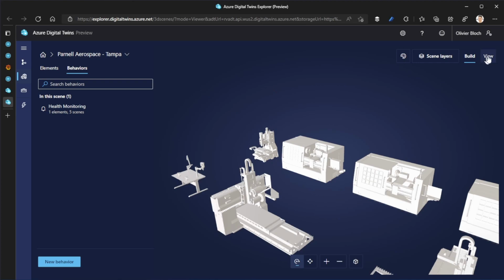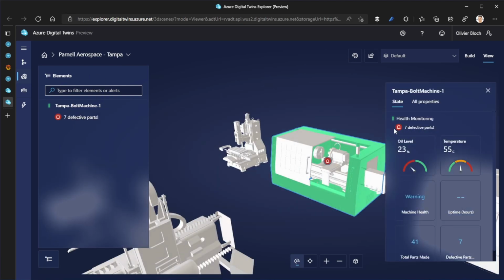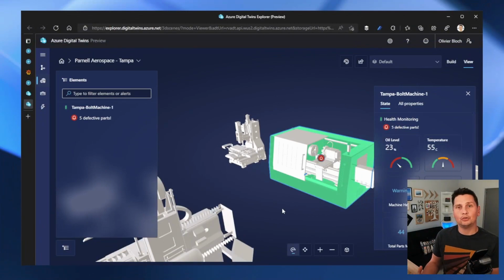And now I have this view of my Tampa factory floor, where I have a certain number of defective parts that have been highlighted here. Interesting. And I can go and dive into what's going on here, right? So this is an interesting thing that I was able to build in a matter of seconds or minutes, maybe, which is a 3D view that is interactive of my factory floor, which is now allowing my workforce to interact, to inspect remotely, as well as get insights without having to dive into data. They have alerts right at their fingertips.